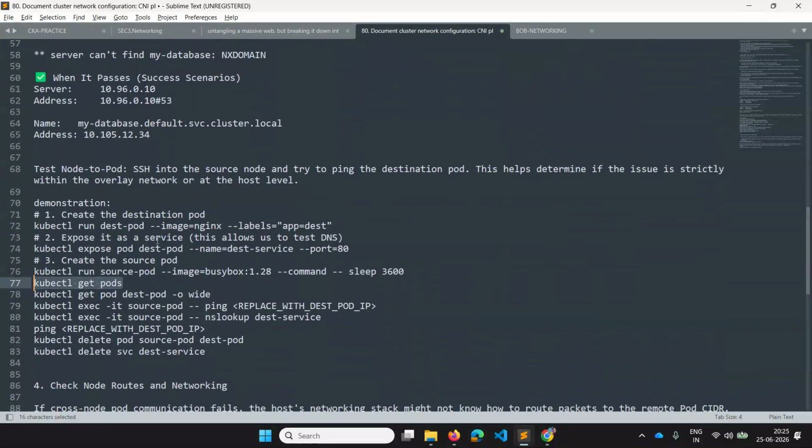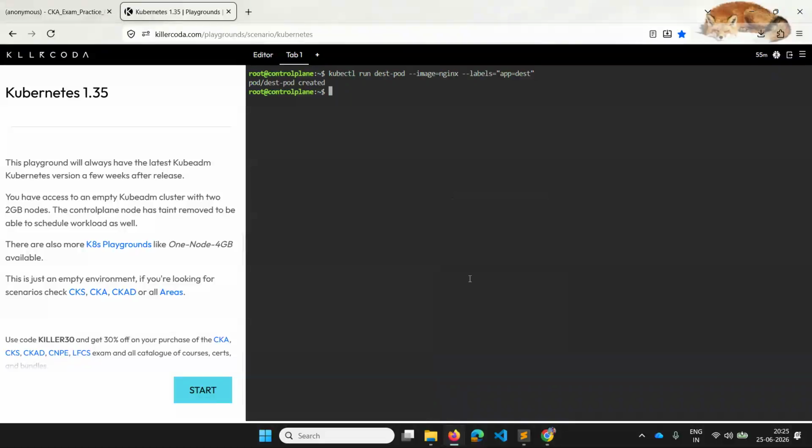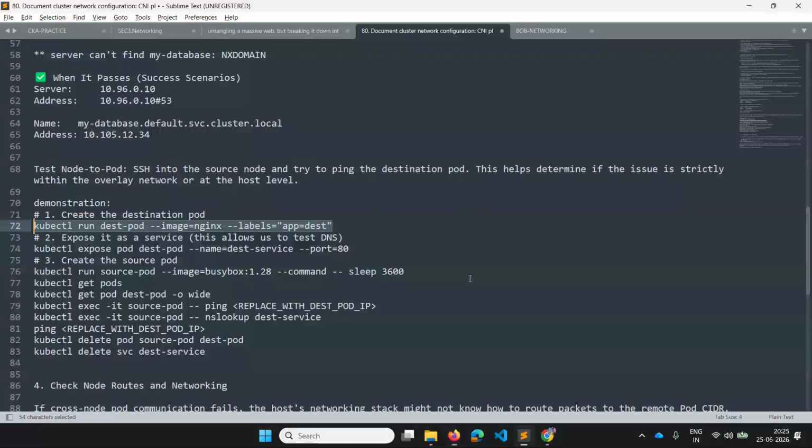So this is a destination pod, which is using the Nginx image, and we can verify it using get pods. It's in ContainerCreating status. Now it is in running status, and we will expose this as a service.